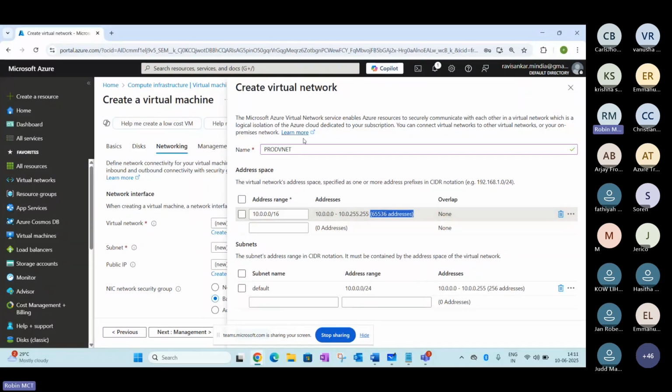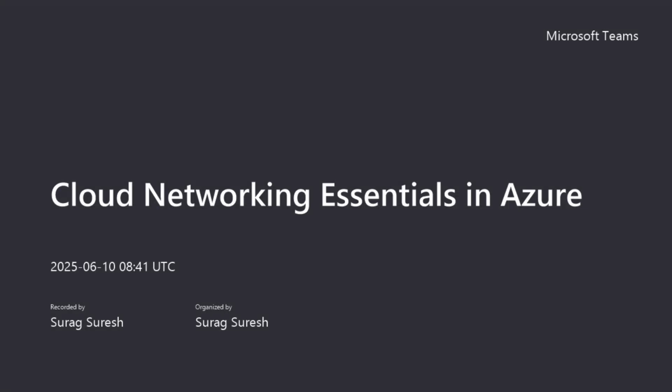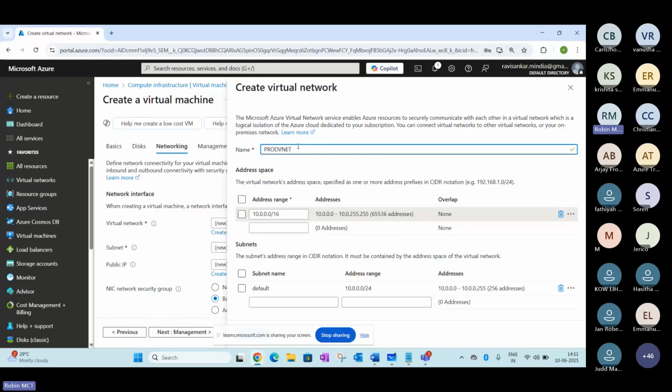Now, if you see this prod VNet, in a prod network I have hundreds of prod applications my organization is hosting. I don't want all these devices to communicate inside my infrastructure. I may have to put some kind of restrictions or traffic management here. So how is this practically possible? You can do a configuration by enabling a chunk unit here. That means you have 65,000 IP addresses available, and you are trying to create a small chunk unit.